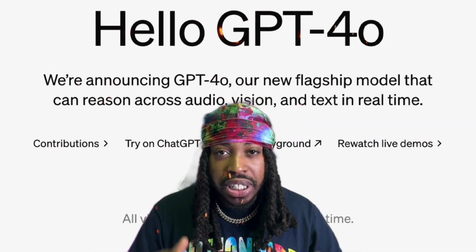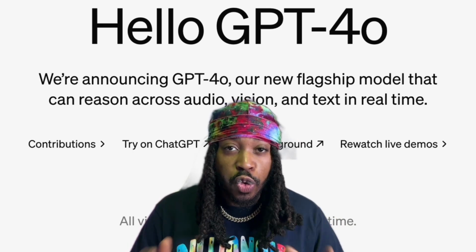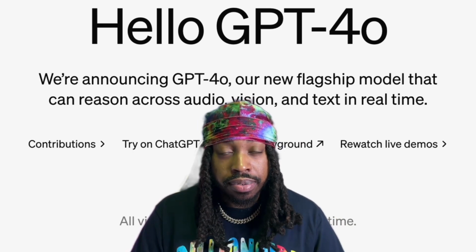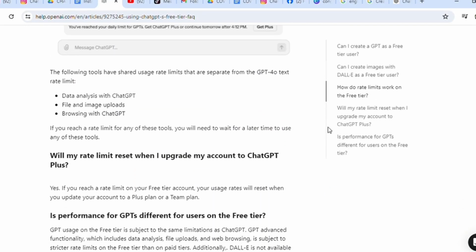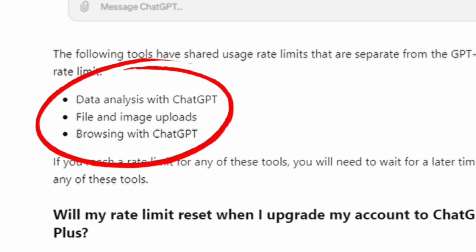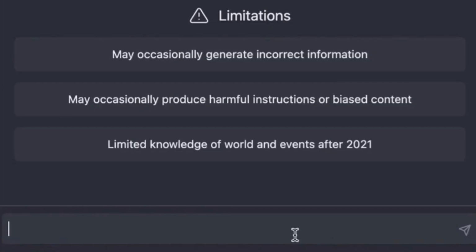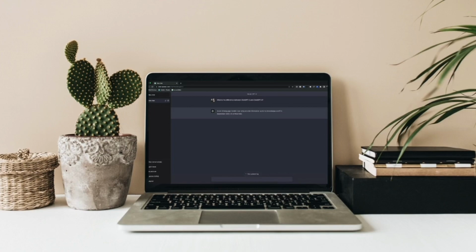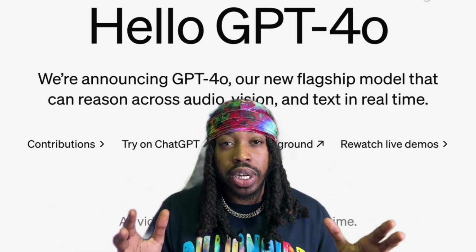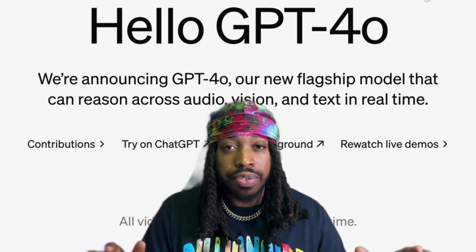OpenAI's new ChatGPT-4o is wild. This is big news as it's a new advanced version of ChatGPT and it's free. Now this new ChatGPT comes with the ability to do web browsing, attach files, data analysis, stronger and faster performance, and real-time interactions with audio, text, images, and video. Definitely making it a game changer in AI right now. Long story short, basically anyone can access one of the top AI models out right now for completely free without